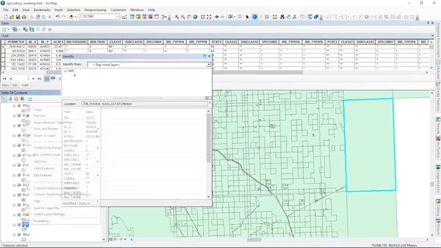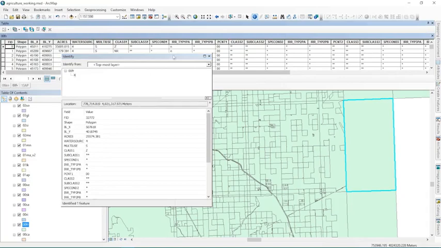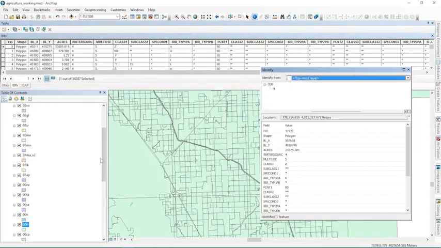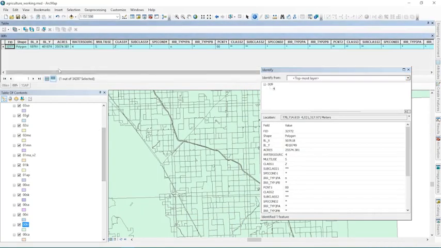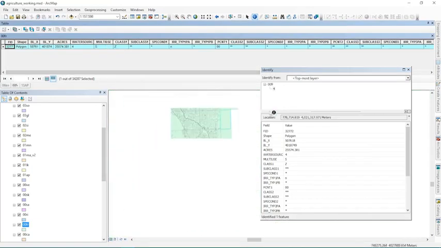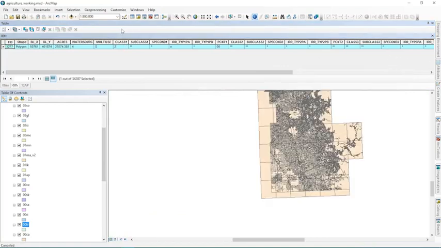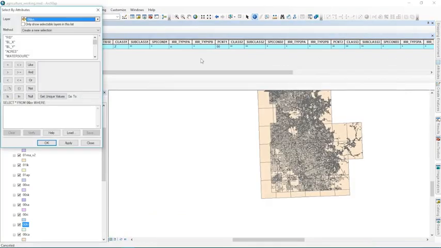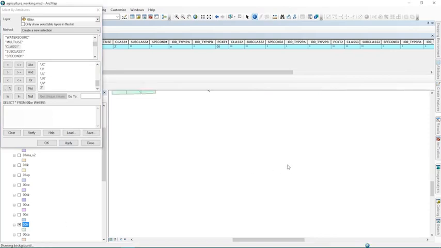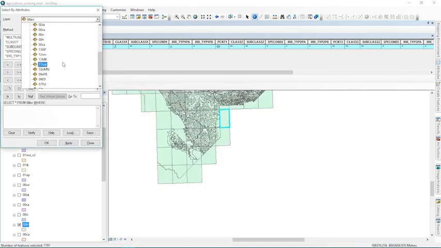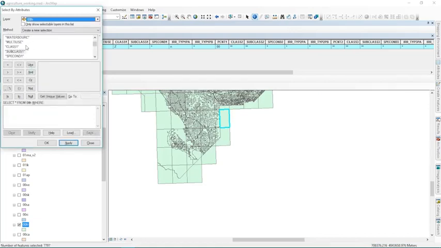If I was going to spend much time like this, I'd probably want to organize these layers in the table of contents there. So I have one selected, and as I was suspecting, it seems like maybe the subclass and class are defined in such a way that we could potentially remove these. So let's see what happens if I select everything in class Z. Let's turn off everything except this layer. So let's go to 00FR, and now let's try the class